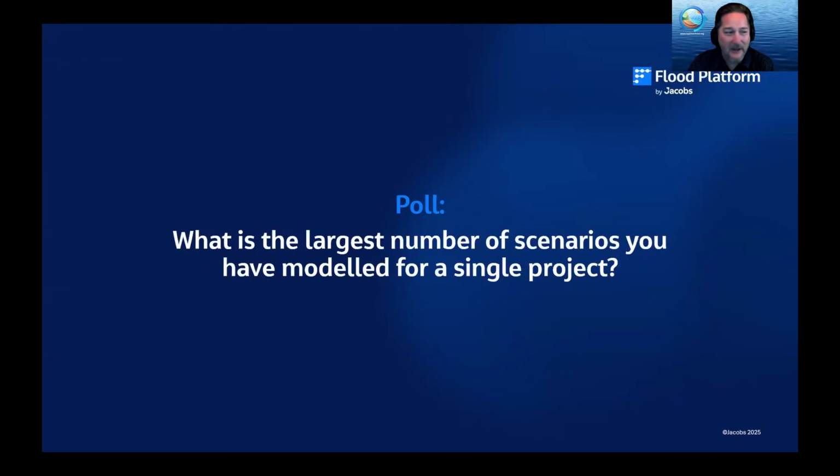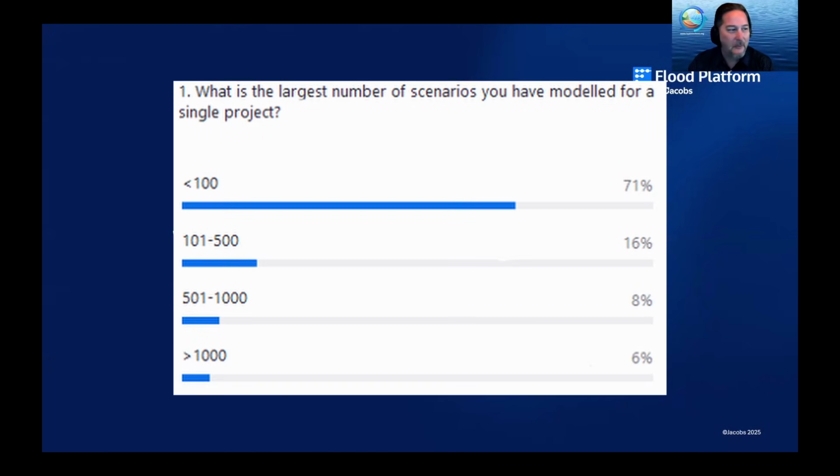Well, then you'll be up in that highest category. Let's have a look at the results now and see what the audience has come back with most for the number of scenarios. And this is with or without a cloud. This is just the number of scenarios that you've done for a single project. 70% is under 100. So very few have gotten up into the over 1,000 category. And in the chat line, this will be not a technical question, but let's see if we can just keep a running tally, like a bid list here. Has anybody run 1 million simulations? If so, pop that into the chat line and let's see who gets the record there.